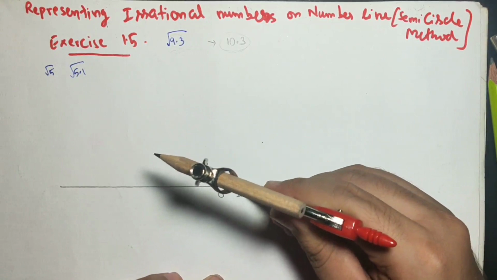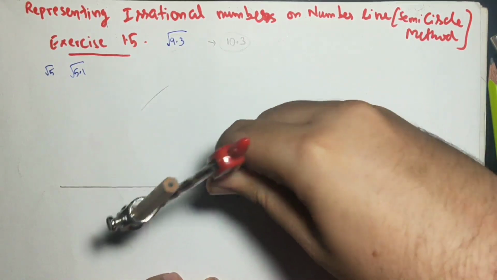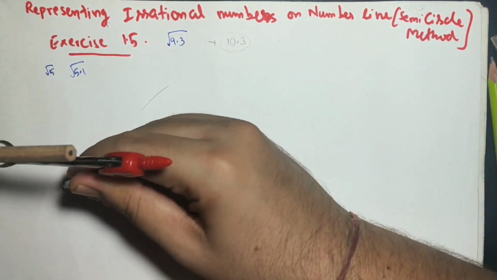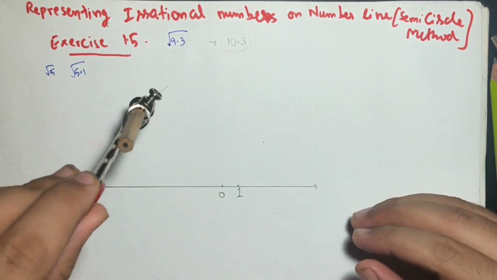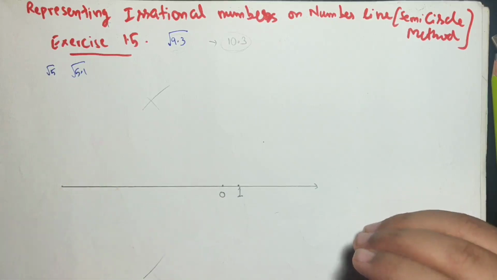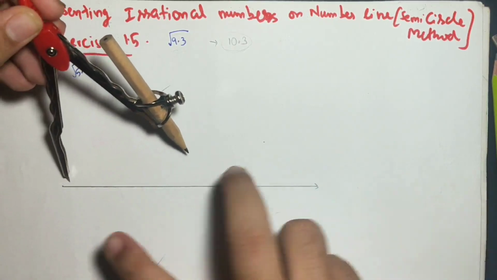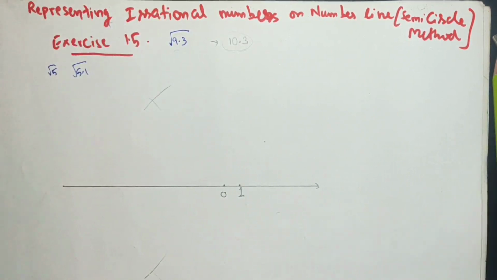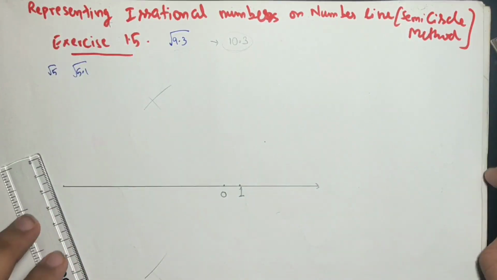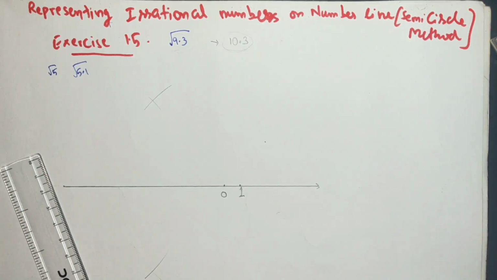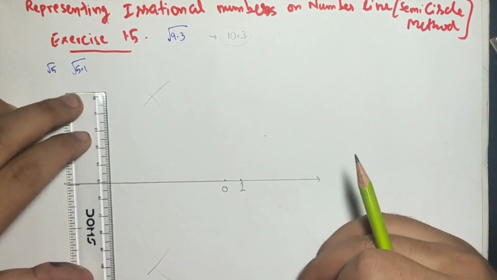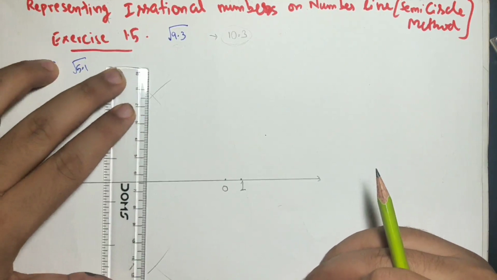We'll keep the pointer on the 1 and make an arc above and an arc below. We'll take another point, the 0 starting point, and make an arc over here and an arc over here. Do remember the distance of the compass should be more than half the way, then only you get such points. Now find this midpoint by connecting these two arcs. So let us connect these two arcs.